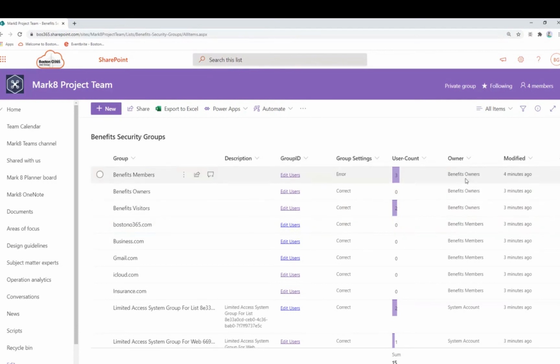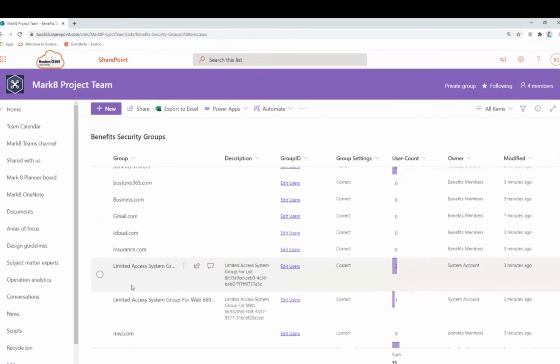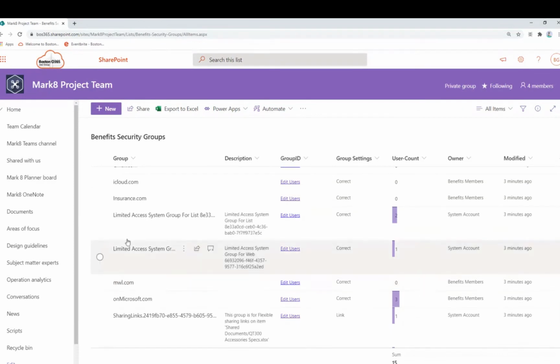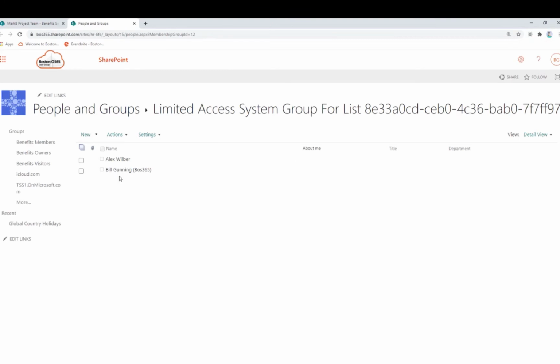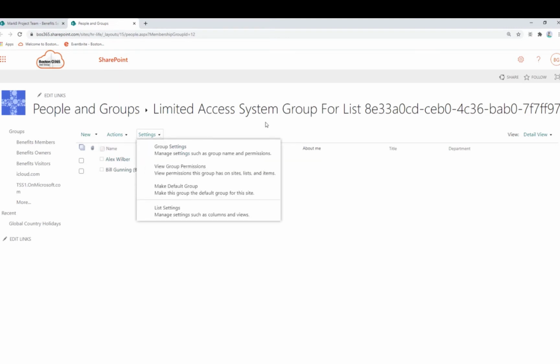permission of the group. And here's the limited access group, where you normally wouldn't be able to see these groups. And so now I put a link back to this group. So users can go into limited access and go to the site and see the users that they could not see before because it was hidden. So here's Alex Webb. If I wanted to remove Alex from the file, and if I wanted to actually delete this limited access group, I can do that now.